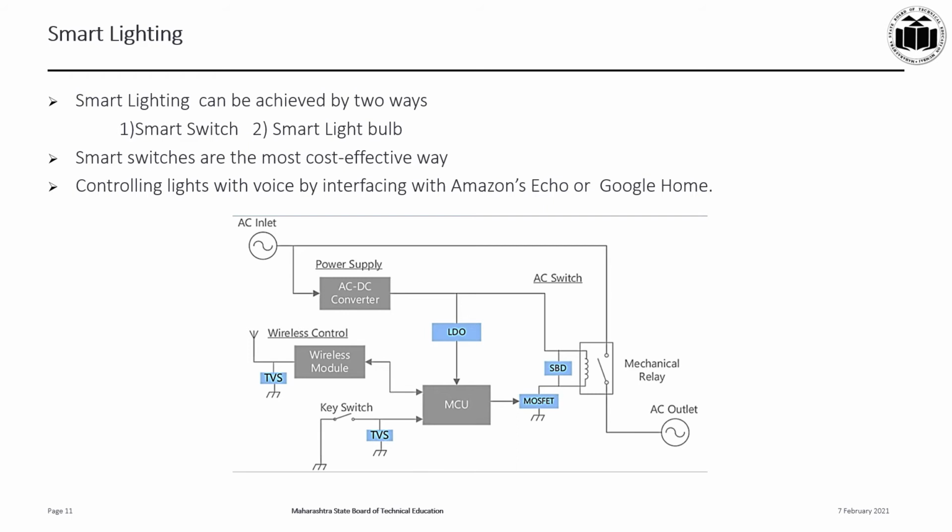Smart lighting systems are controlled with a smartphone or tablet with the apps. Smart light systems can also easily interface with Amazon Echo or Google Home, and these platforms are used for voice assistance. For example, if you want to turn off the lights with Amazon Echo, we can say the command, Alexa, turn the light off, and it will turn off the light.